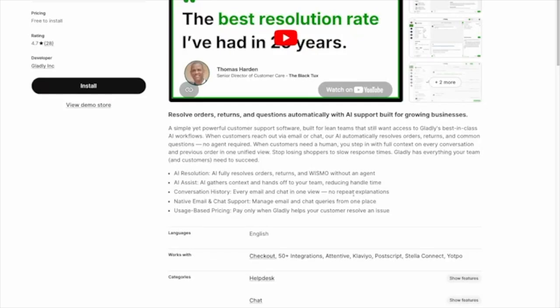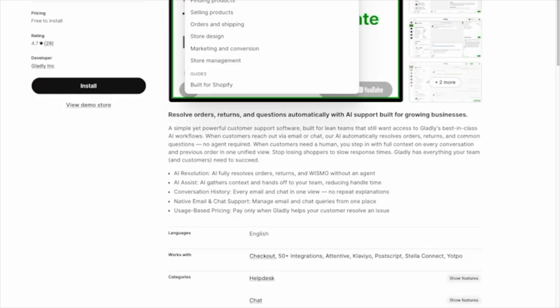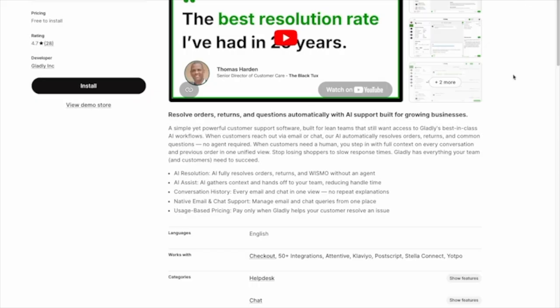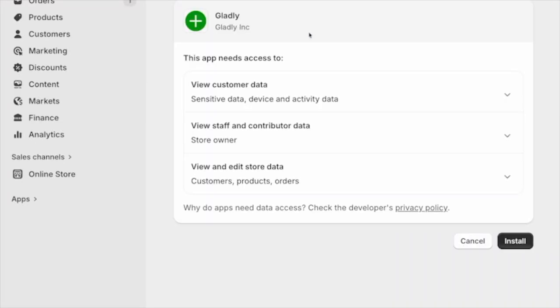To add Gladly to your Shopify account, just search Gladly in the apps marketplace. It'll bring you to this page. You can click Install, and it will ask you to approve some permissions needed for the app. Once you've read over that, you can install the app,